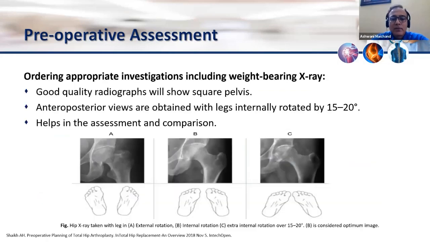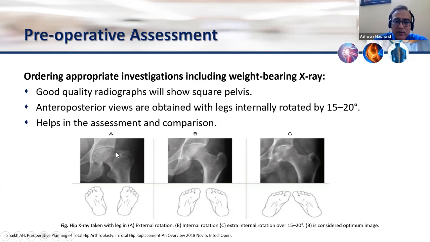This is a very good slide. It clearly shows that the rotation of the feet while taking the anteroposterior X-ray of the pelvis is so important, especially for young surgeons who are just starting practice. This is a very important slide. You can easily see the difference between photograph A and photograph C. In this, you can see that the neck seems to be very short, meaning it seems that the head is almost touching the trochanter.